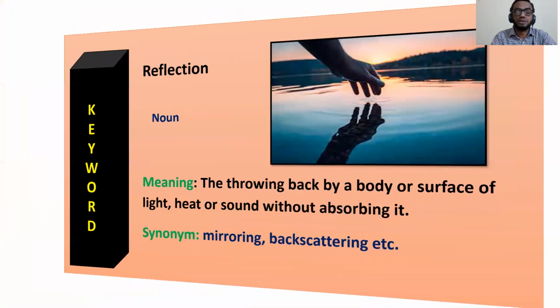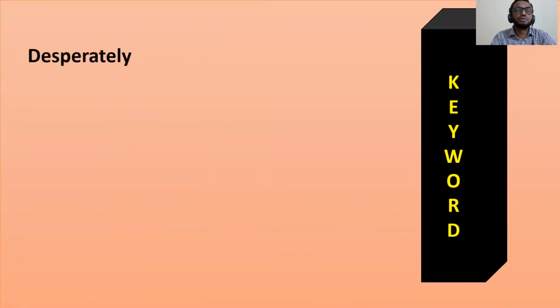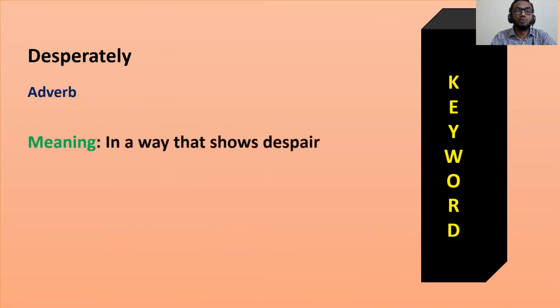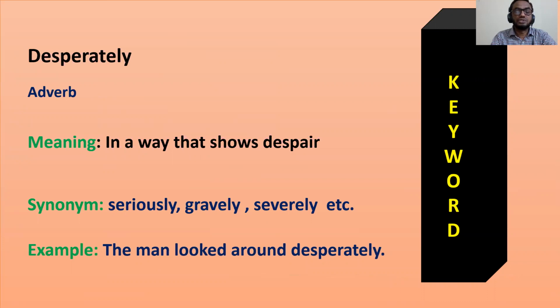Okay, very good. Now come to the next keyword, keyword number 2, desperately, boldly. Okay, this is an adverb. The meaning is in a way that shows despair. And synonyms are seriously, gravely, surely, etc. And the example is given here. The man looked around desperately. Can you understand? That means the man looked around seriously, gravely, and desperately also. Okay,